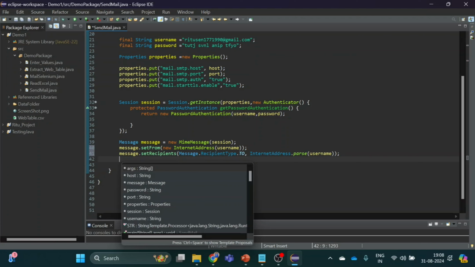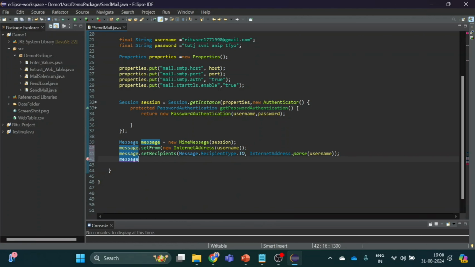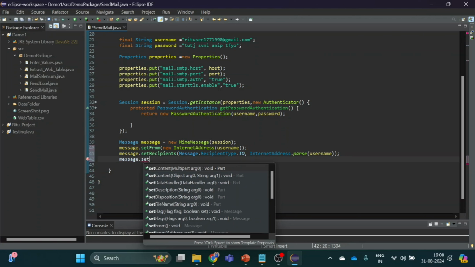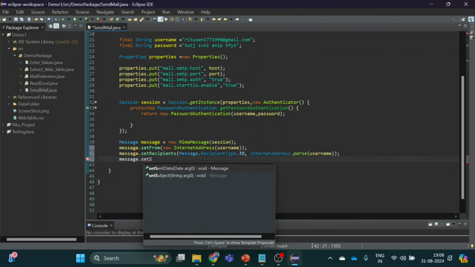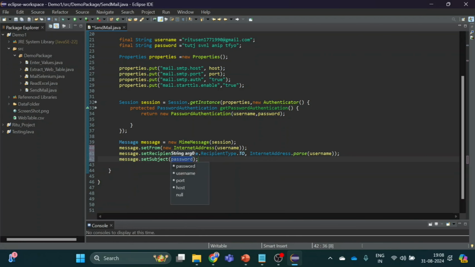Here, message dot set subject. Enter, and here I'm giving the subject line: test mail from Java. Also, I will use an attachment. So for our attachment, I have to write code. Enter, and for the attachment,